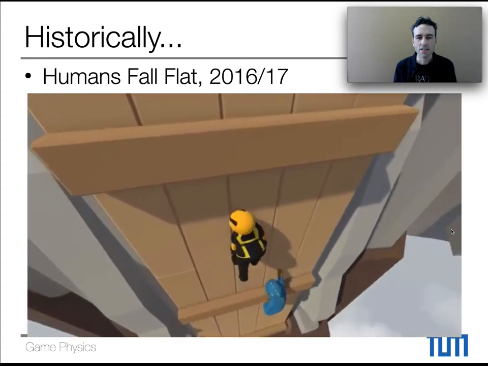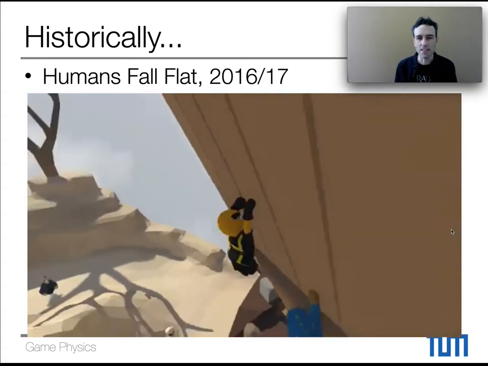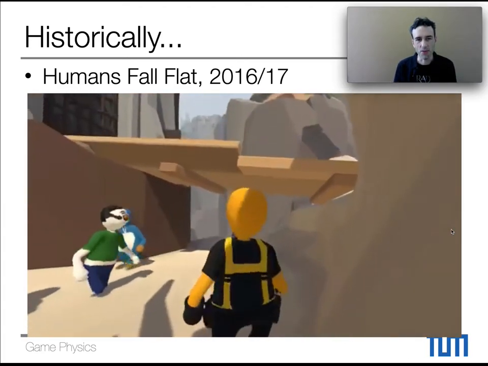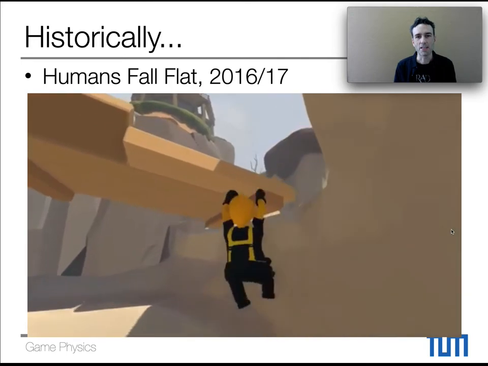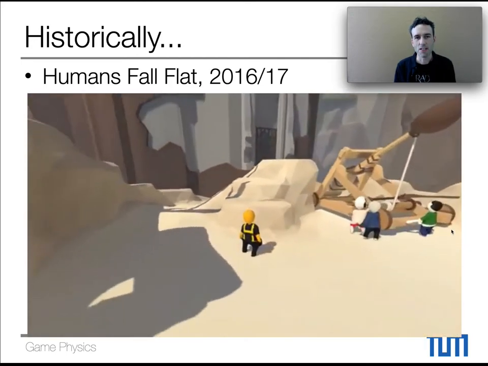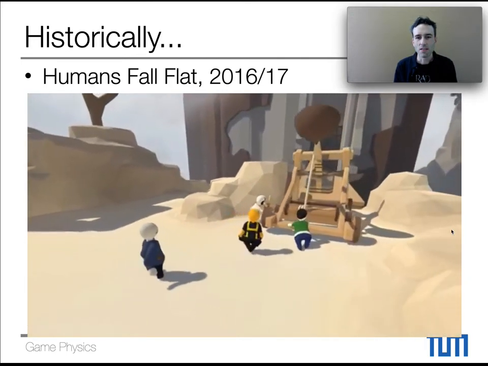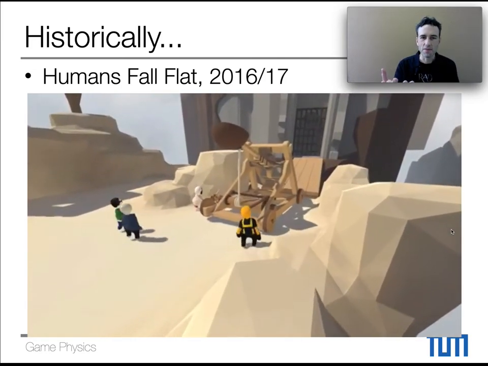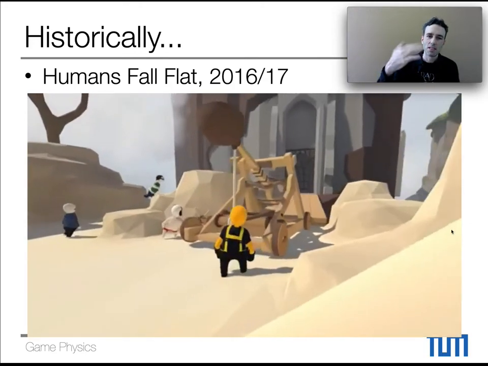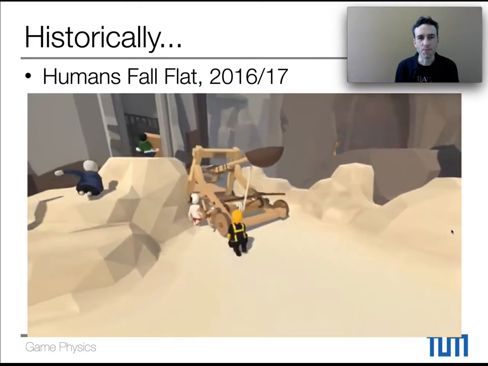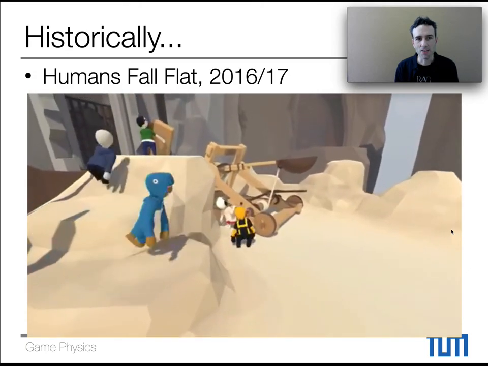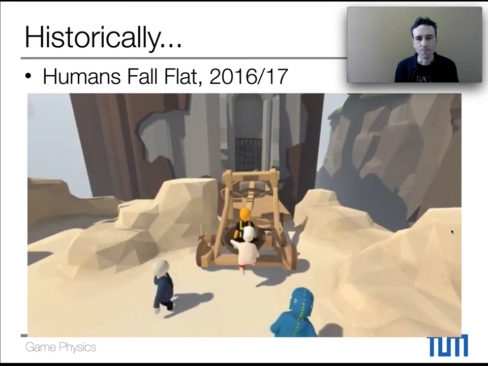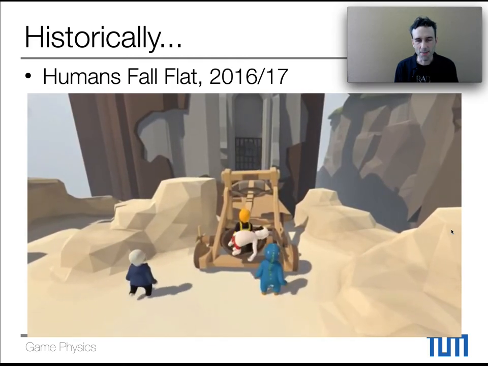And this is now less realistic, but nonetheless, I think a nice example of the kind of fun and interesting gameplay that you can create with physics simulations. So, as you can see in this case, right, the players had to use the mass of the players to tilt open that door and work together to get across this ledge to the castle.